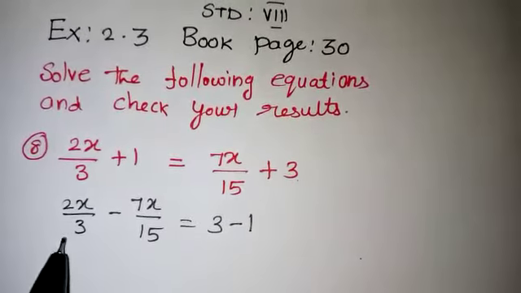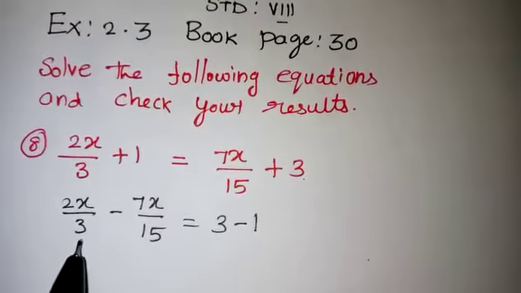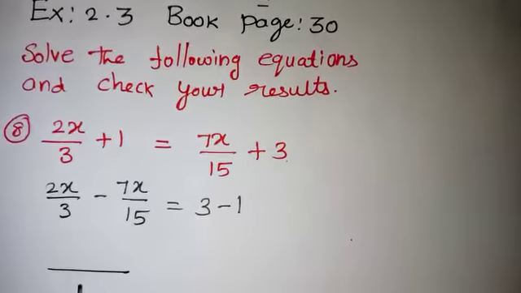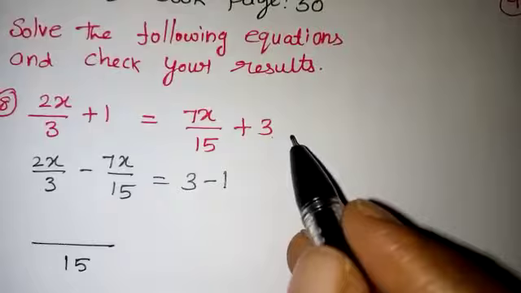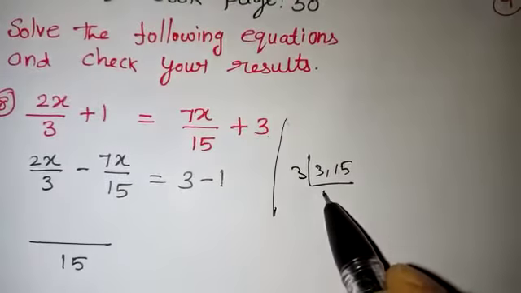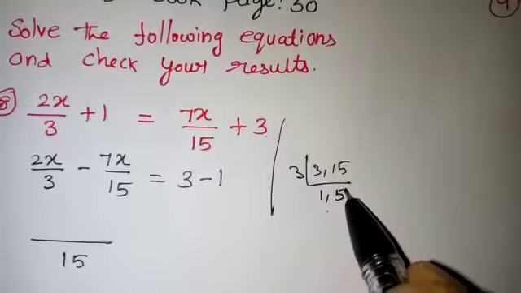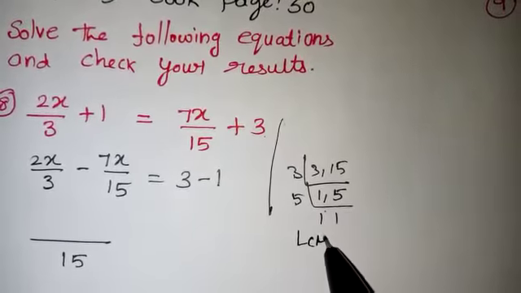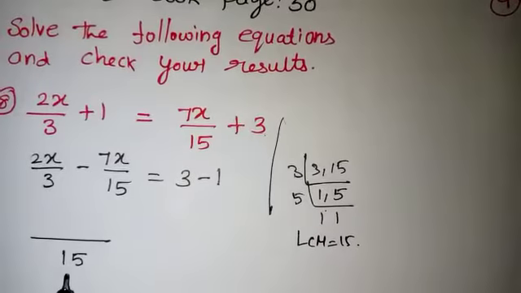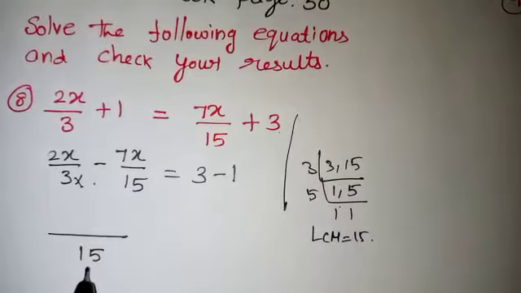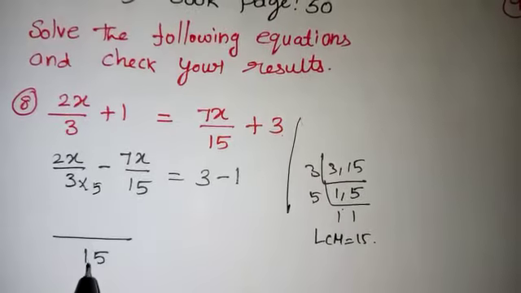Here these two numbers having different denominators, we have to go for an LCM. For 3 and 15 my LCM value is 15. Hope you know how to make the LCM. So 3 comma 15, 3 ones are 3, this is 5, again 5 ones are 5. So 3 fives are 15, so LCM is 15. So 15 we have taken. So 3 into what number will give you 15, we have to think. So 3 fives are 15 you will be getting.